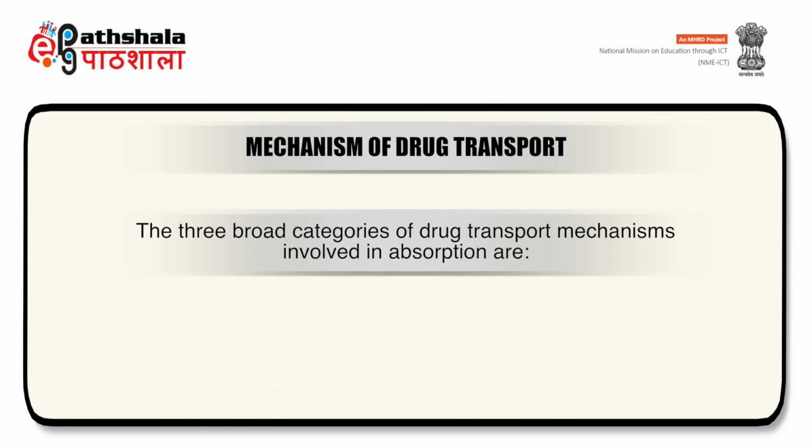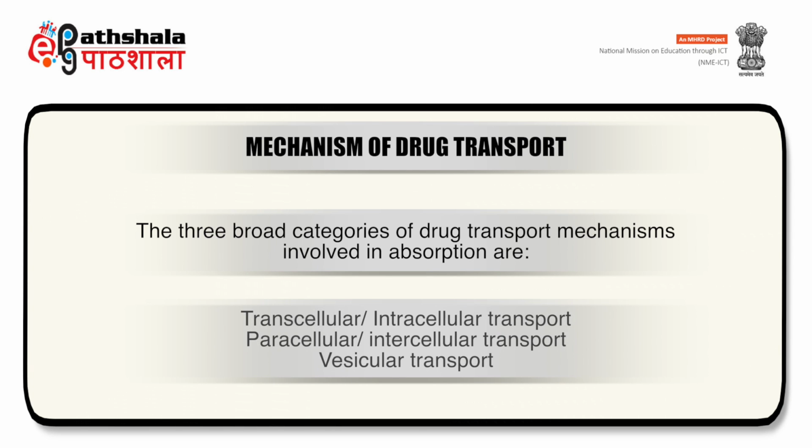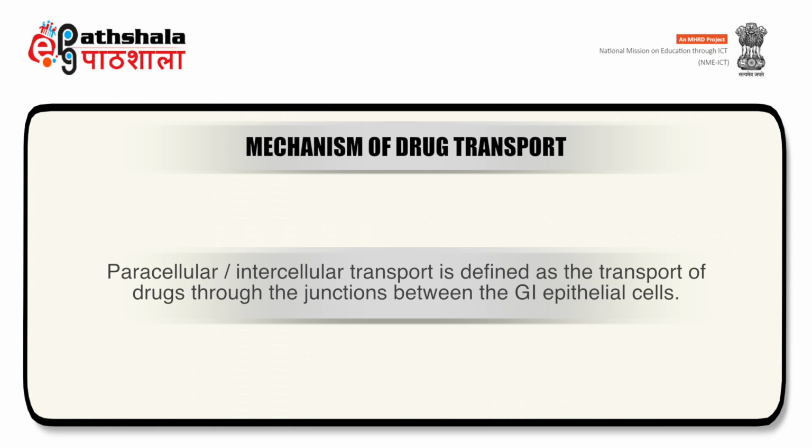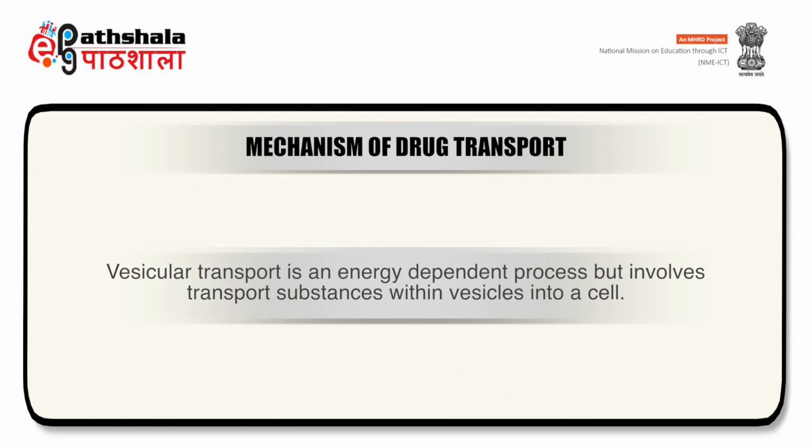Now we will discuss the mechanism of drug transport. The three broad categories of drug transport mechanism involved in absorption are transcellular or intracellular transport, paracellular or intercellular transport, and vesicular transport. Transcellular or intracellular transport is defined as a passage of drugs across the GI epithelium. It is the most common pathway for drug transport. Paracellular or intercellular transport is defined as the transport of drugs through the junctions between the GI epithelial cells. While vesicular transport is an energy dependent process that involves transport of substances within